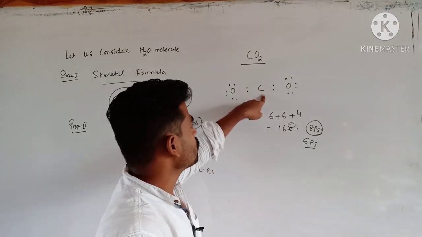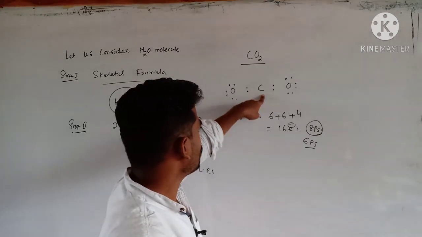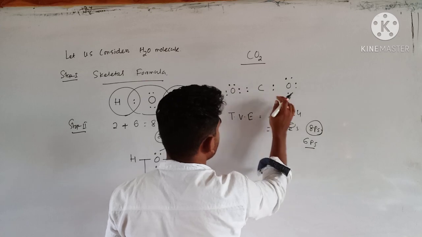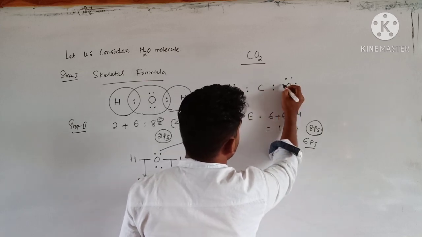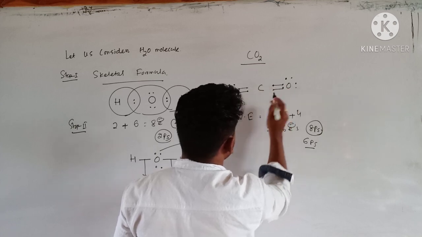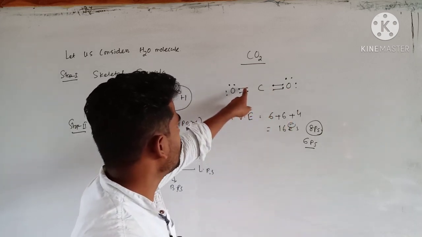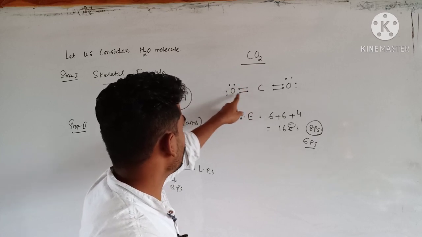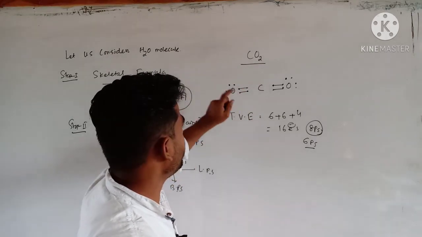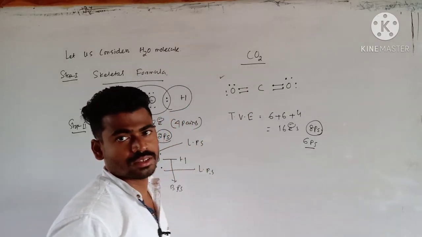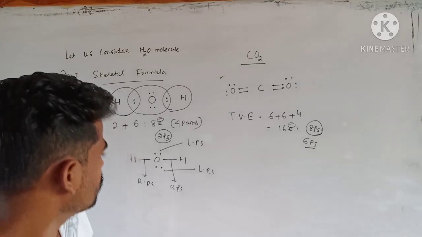Okay, so if the case is like this, what we have to do is make a double bond here and a double bond over here. If I connect these two, right now you see carbon is associated with 8 electrons, and each oxygen also 2, 4, 6, 8. So this is the structure of carbon dioxide. You can do it like this. Okay, so next, suppose I am considering